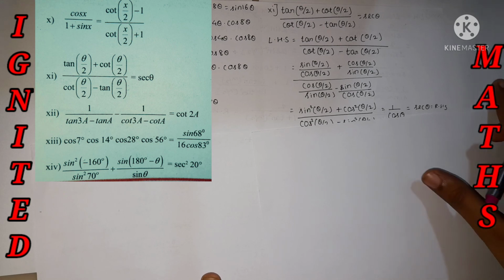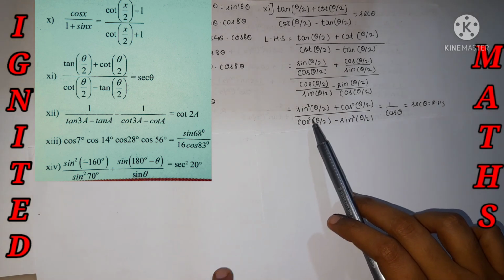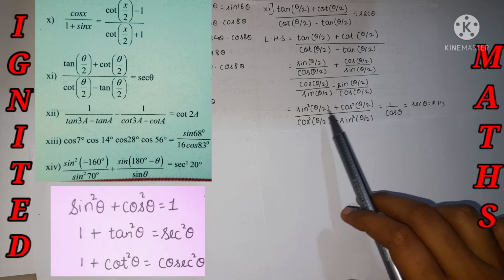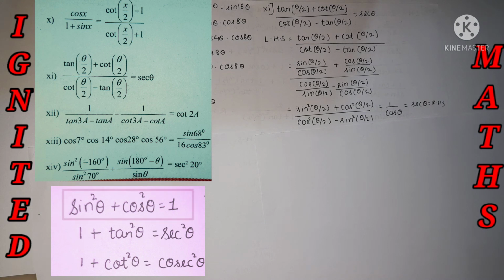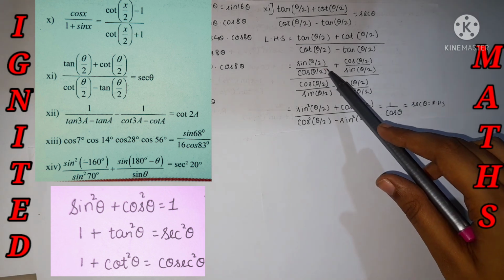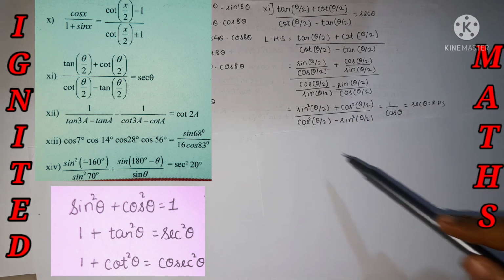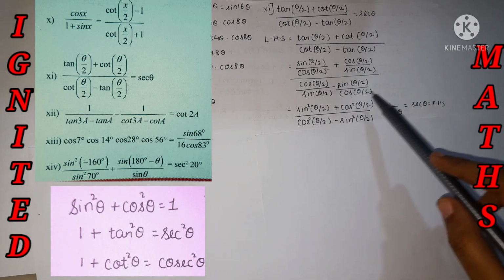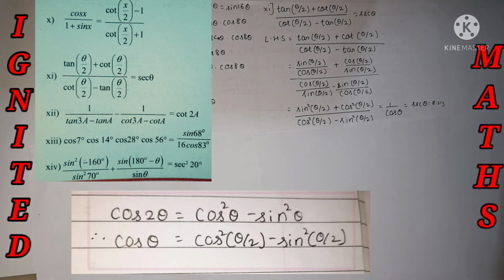After rationalizing, you will get the answer as sin square theta plus cos square theta divided by cos square theta minus sin square theta. Over here theta by 2 is an angle, while in the formula theta is an angle, so don't be confused, it's absolutely the same. I have just rationalized the denominator. While rationalizing, the denominators cancel off, and the numerator part I have just written over here. Sin square theta plus cos square theta is equal to 1. Cos square theta minus sin square theta is equal to cos theta by the double angle.